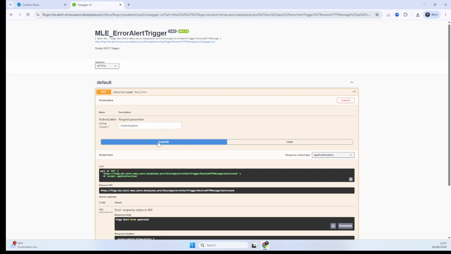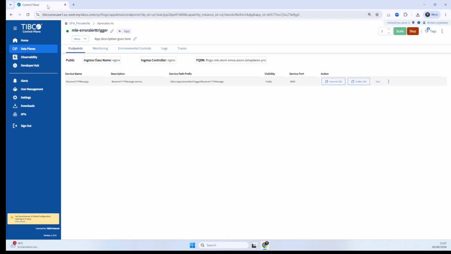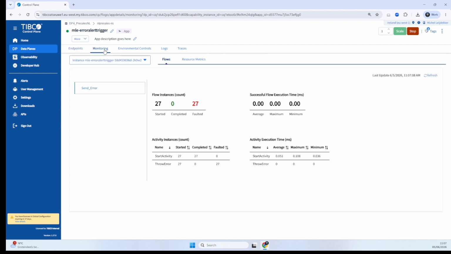Should be enough to trigger the alert. So if we go back to the control plane, we can now see in the monitoring that I invoked it 27 times. So that should be enough to trigger the AI alert within the 5-minute time frame that it is looking for the alert